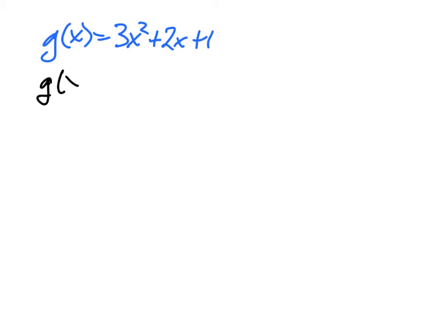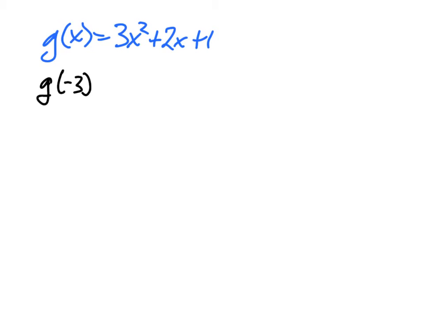So let's say we wanted to look at building our own table. We wanted to look at something like a function defined as g of x equals 3x squared plus 2x plus 1. I know right now that's a function because it's quadratic. I see x squared. I know that that's a quadratic function, so I'm good. I know this is a function. I'm just going to build some values out. But we note this as g of